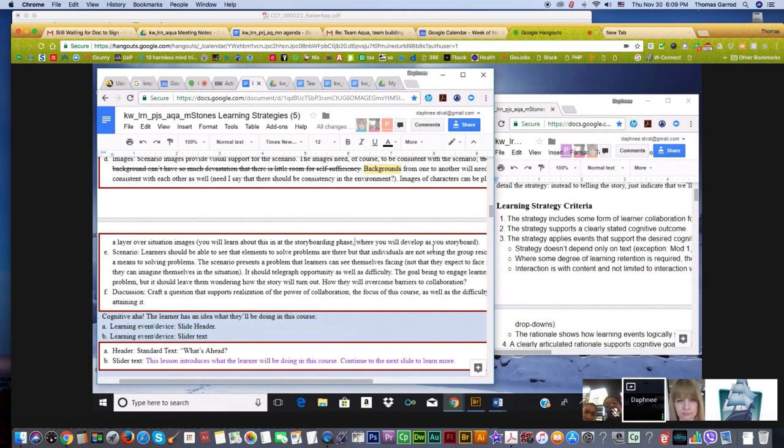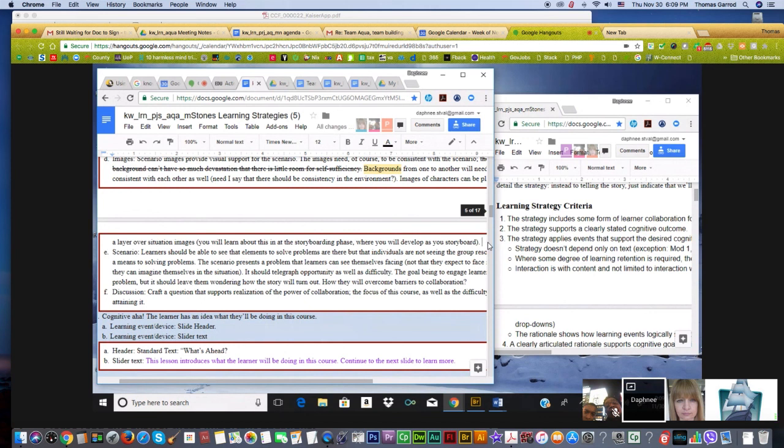It seems like something's missing here. Where you will develop as you storyboard. It makes sense now. You want it here at the end of the parentheses. In fact, you put it after the parentheses, once you start a new sentence. Okay. So what you need to put here is just that